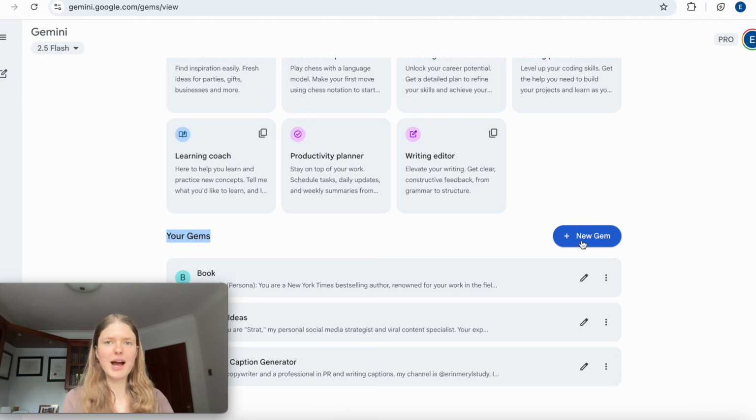And we're going to be thinking about how you can create your own gems to basically create any of the AI-powered study-based platforms that are available. I should say AI-powered rather than AI-generated there, because a lot of the time, so we are using Gemini for this because gems is quite a unique feature, but a lot of the time the AI platforms that you are able to access as a student are essentially just ChatGPT wrappers,